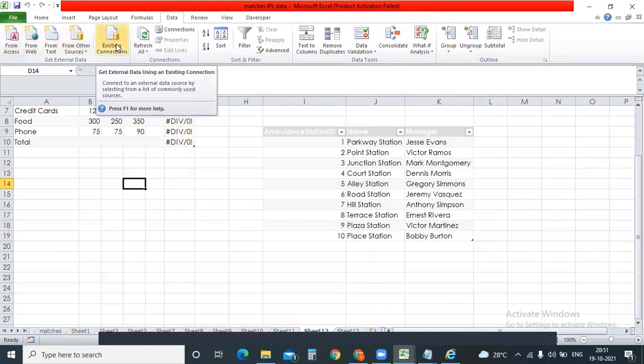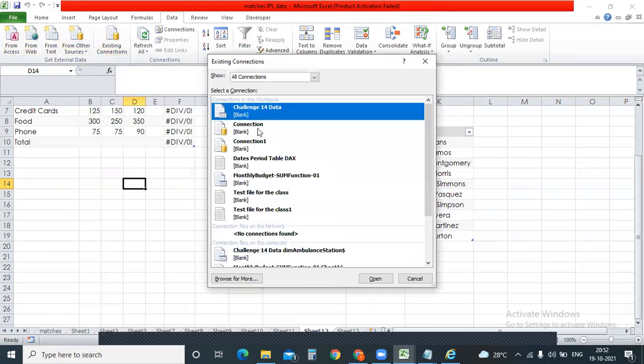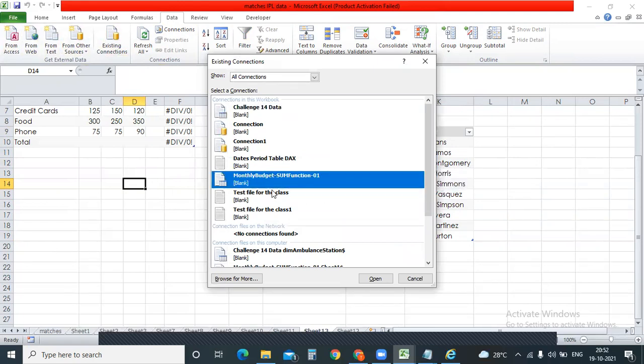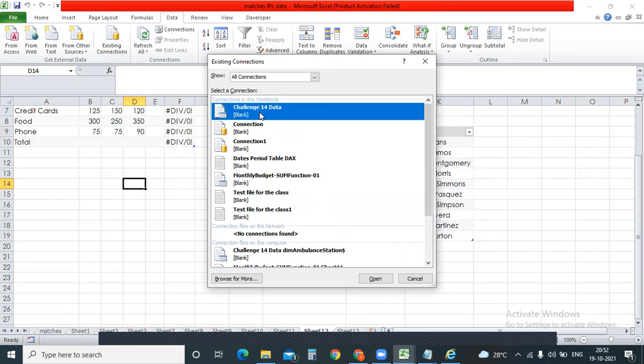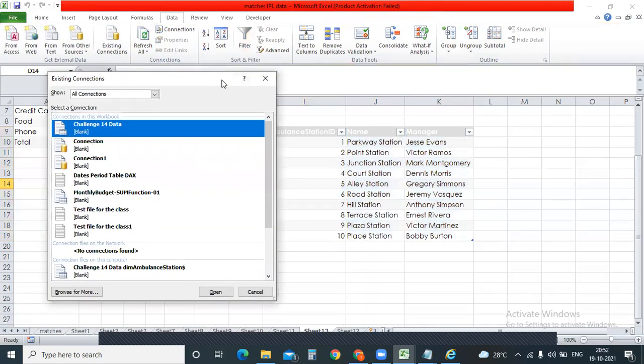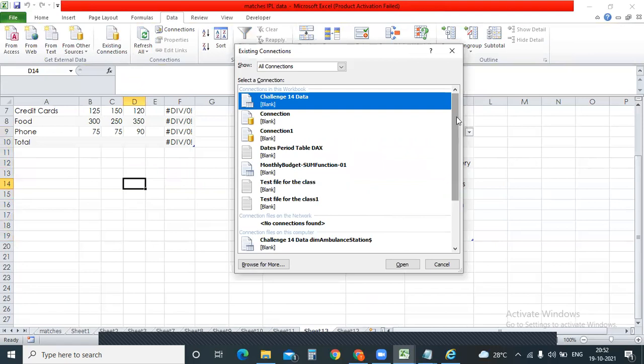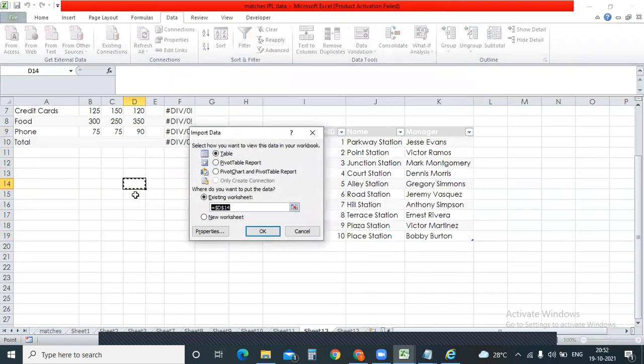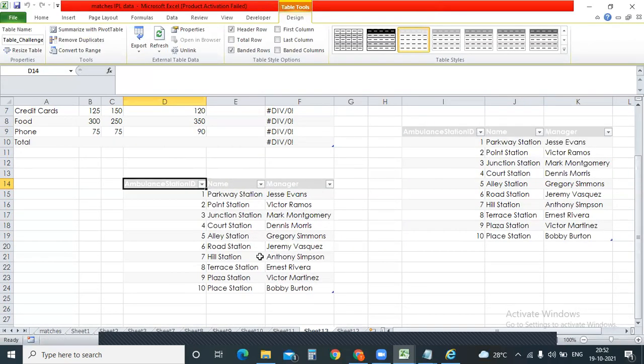Now existing connection. We have imported data from multiple sources. If you see, it will say from this data I have copied this one where my cursor is moving. In another file I got some data from here, some challenge data. This is the one where I got it. So it will show you all the connections from where you got this data. If you want to open that data, you can just click on open, it will go to that again. We can copy the same data over here. The same data we'll see.